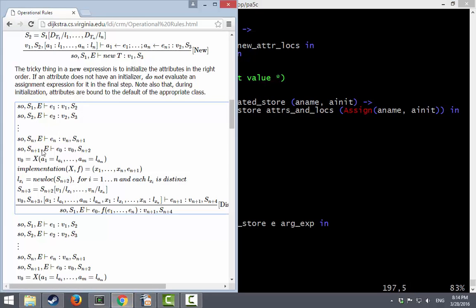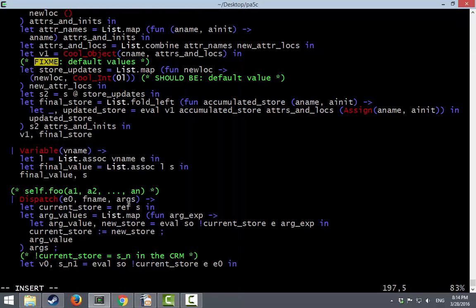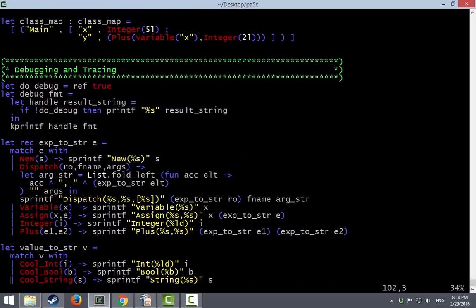So we've evaluated all the arguments. We've evaluated the receiver object, and we really hope that the receiver object is actually an object and not like void. More on that story later. Now we need to look up things in the implementation map. We're going to find all of the arguments and all of the results. So I'm going to need to have